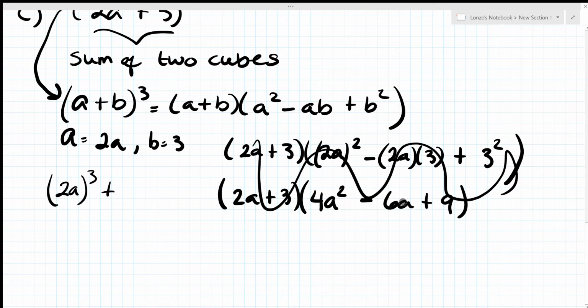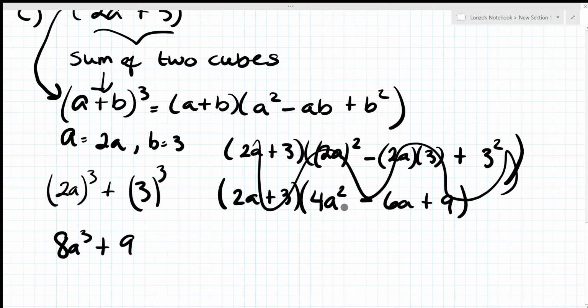Actually, you could have done it with this part, and you'll still end up getting this part. And then our b is 3, and then you've got to cube that. See, I'm using this part. So 2a cubed is 8a cubed plus, and then 3 squared is 9. Actually,